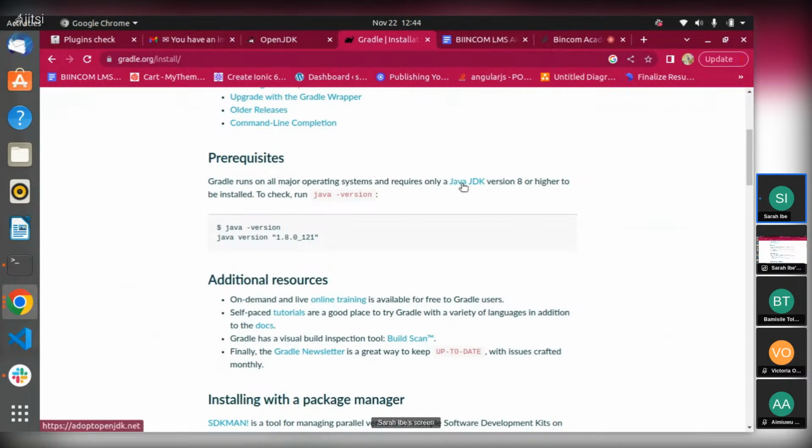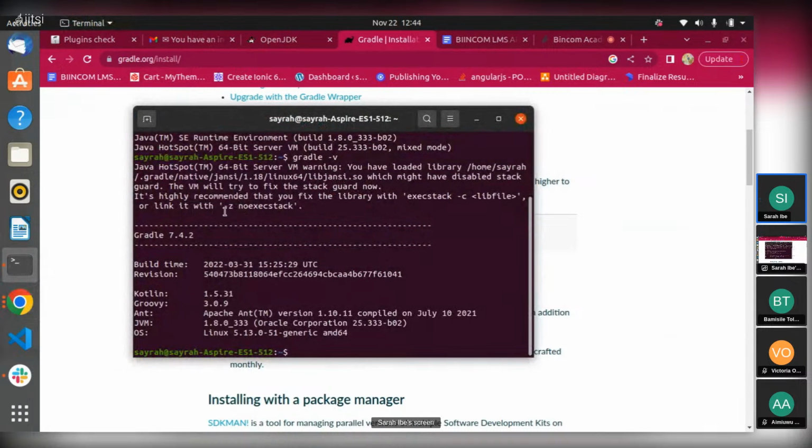It says Java JDK version 8 or higher, but we're going with 8 because that's what Cordova works with. We're not going with higher. So to check, I have Gradle 7.4.2 installed on my system.